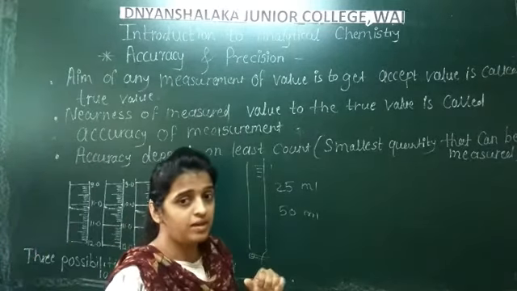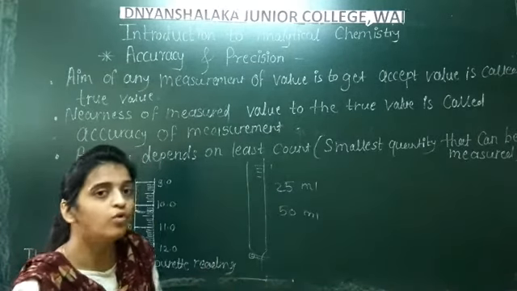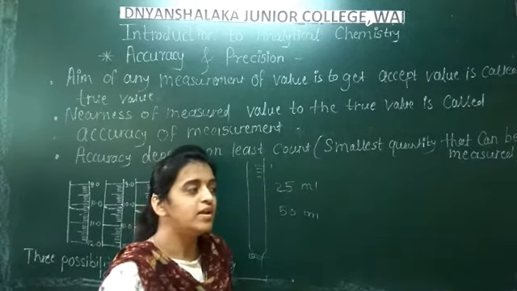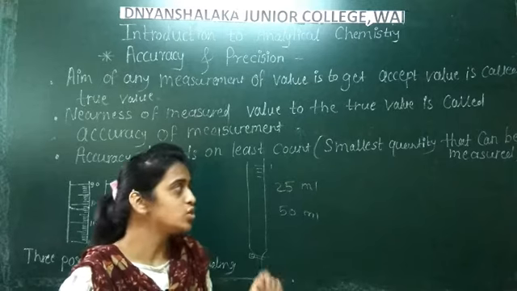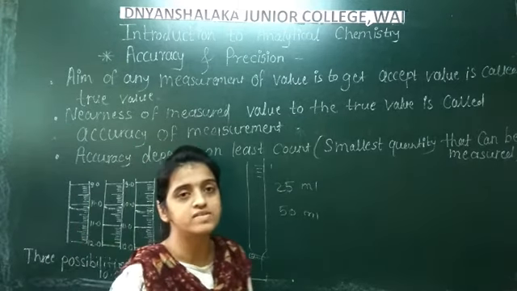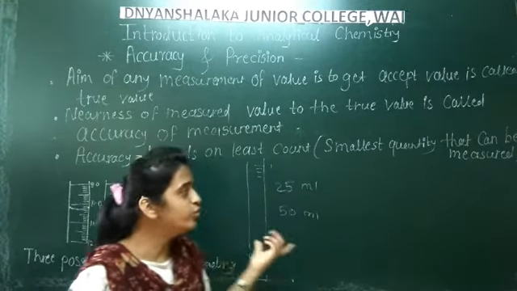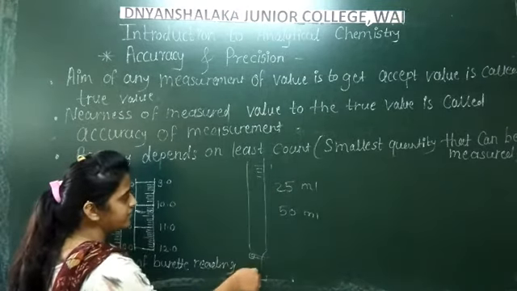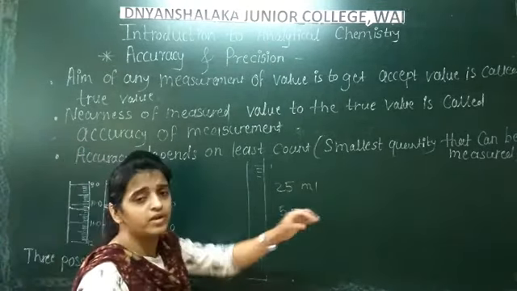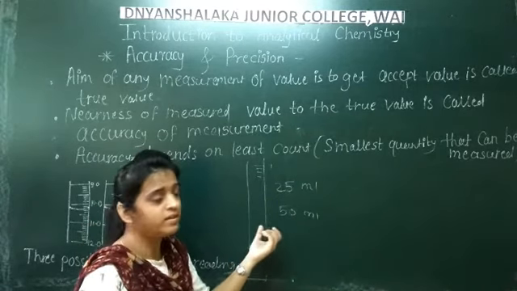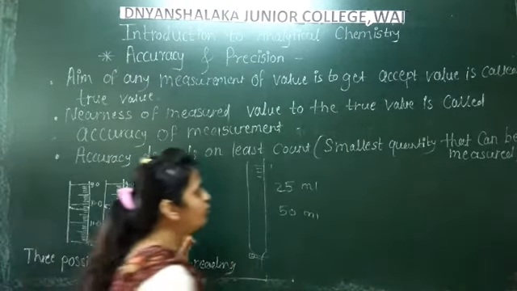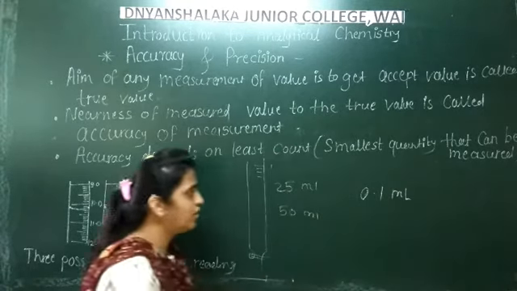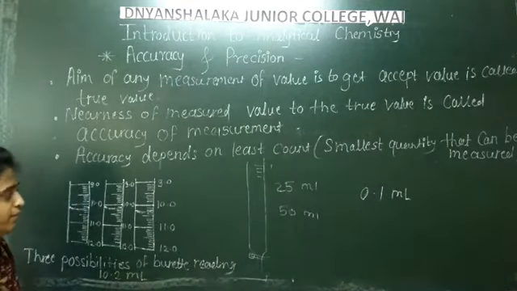In a chemistry laboratory, students perform a volumetric titration. Titration means we take a solution of known concentration and find out the unknown concentration of another solution with the help of a burette, pipette, and conical flask. A burette is structured like this. A 25 ml burette is a small burette and a 50 ml burette is a large burette, and the least count of a burette is 0.1 ml.